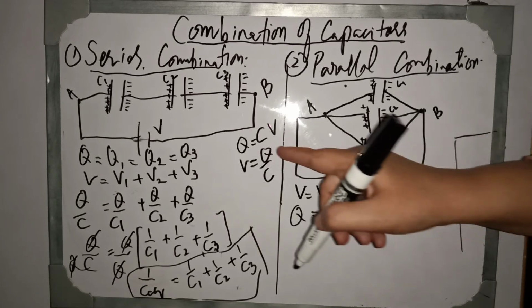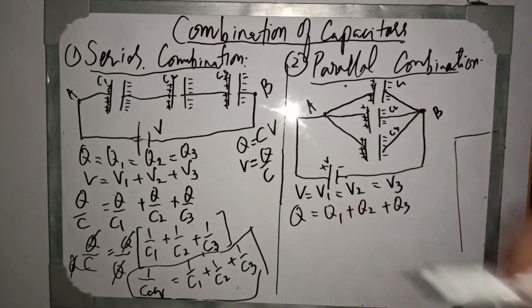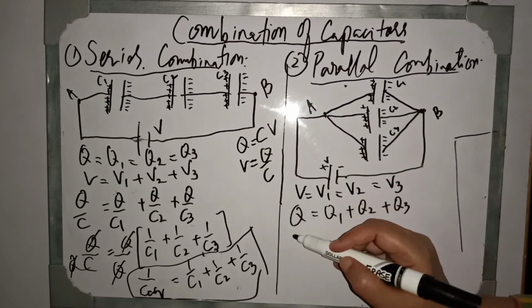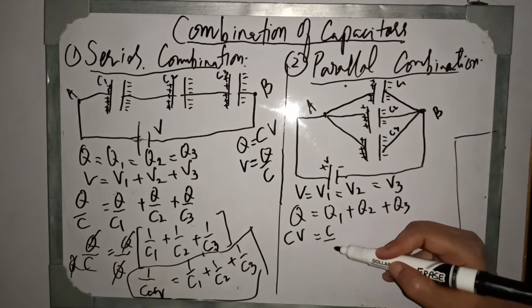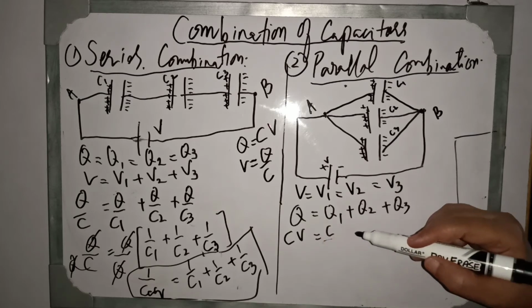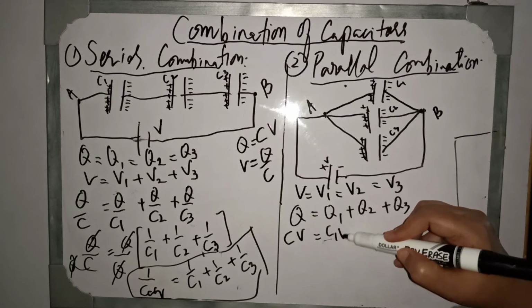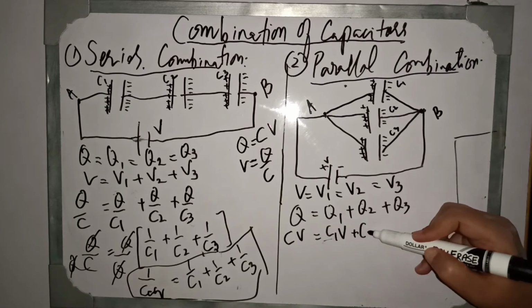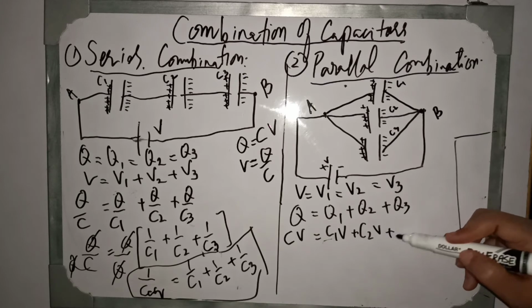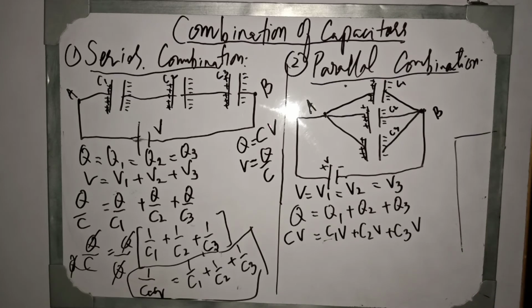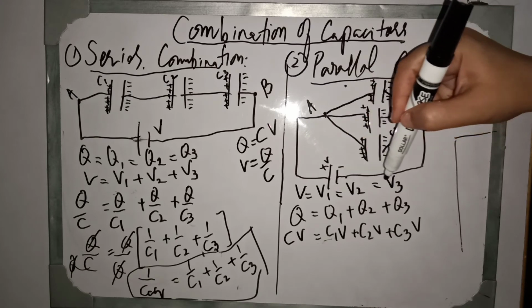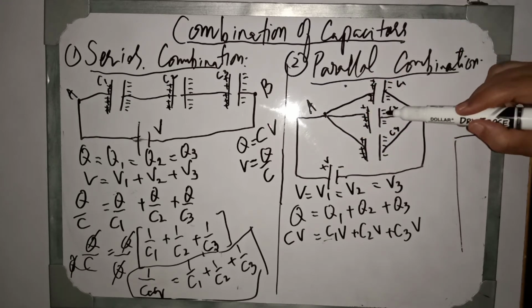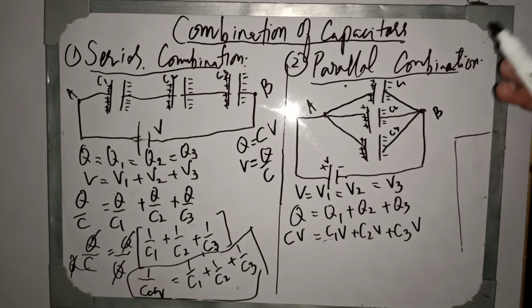Again, like the previous case where we used the equation of the capacitor that Q is equal to CV, we will use the same equation again. So Q equals CV, Q1 equals C1 into V, Q2 is equal to C2 into V, and Q3 will be equal to C3 into V. I have not used the values of V1, V2 and V3 because in the beginning I wrote that the potential difference V is equal to V1, V1 is equal to V2, V2 is equal to V3, because all the 3 capacitors are connected between the 2 points at the same potential.